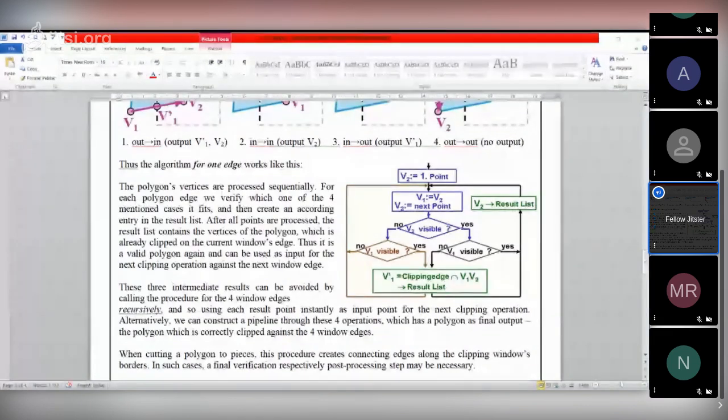Come here again, take another value v2. Is v2 visible? Suppose yes. Is v1 visible? Yes. When both are yes, then just add v2 in the result list. That means after all points are scanned, all points are covered, we will get a result list. Result list means it's a collection of points. If we add the points one by one, then we will get the